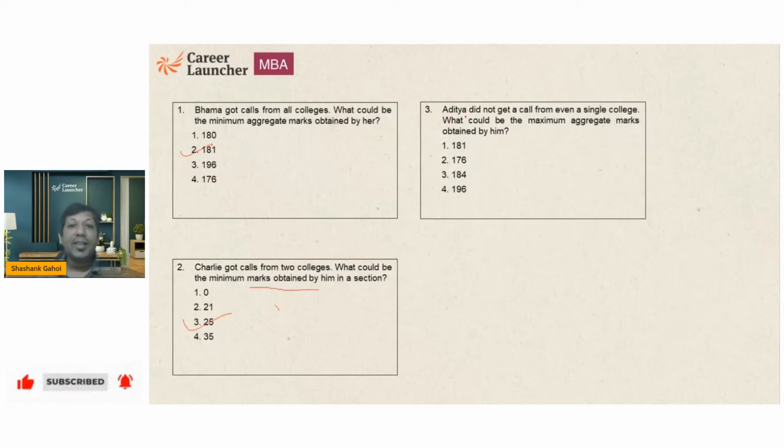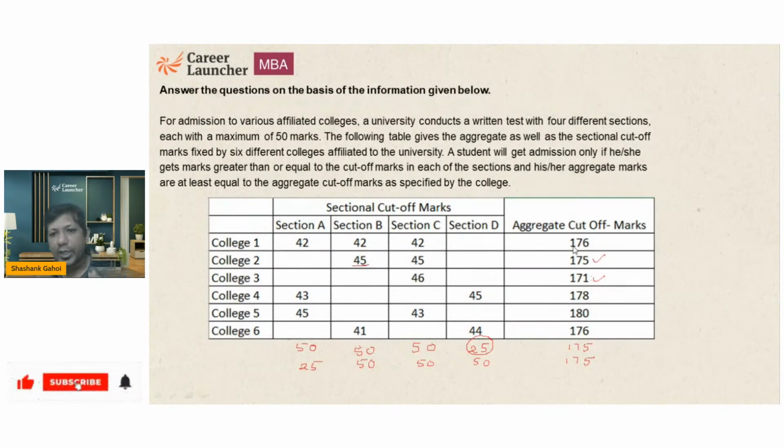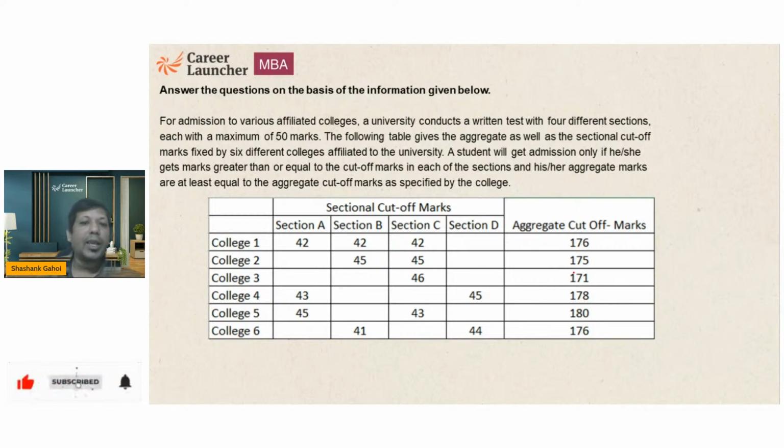Now let's look for the next one. Aditya did not get a call from even a single college. आदित्य की कहीं से कॉल ही नहीं आई। Now question is asking me to maximize. आदित्य की कहीं से कॉल नहीं आई और मुझे मैक्सिमाइज करना है आदित्य का स्कोर। ठीक है। So here what I am going to do, I am going to pick up two scenarios जहां पे सप्लीमेंट्री सेक्शनल कट ऑफ है। मतलब अगर मैं कॉलेज 2 उठा लूं और कॉलेज 4 उठा लूं, तो इससे मेरे चारों कॉलेजेस कवर हो जाएंगे। हाँ या ना? क्या और कहीं कुछ सप्लीमेंट्री बन रहा है? यहाँ भी हो सकता है कॉलेज 5, यहाँ मैं इसको भी उठा सकता हूँ।